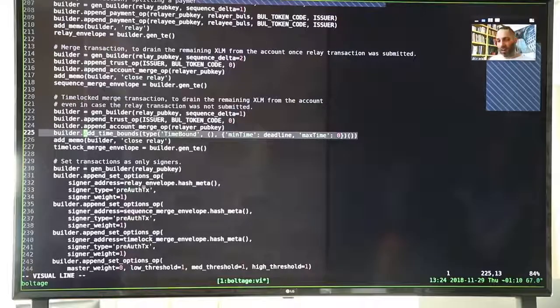So you can be certain that it will never pull the rug under the feet of the courier. So only in case the deadline is passed and the relay transaction, which depends on the payment transaction, wasn't submitted, you can still do the merge transaction and close the special account that you created. It's going to be